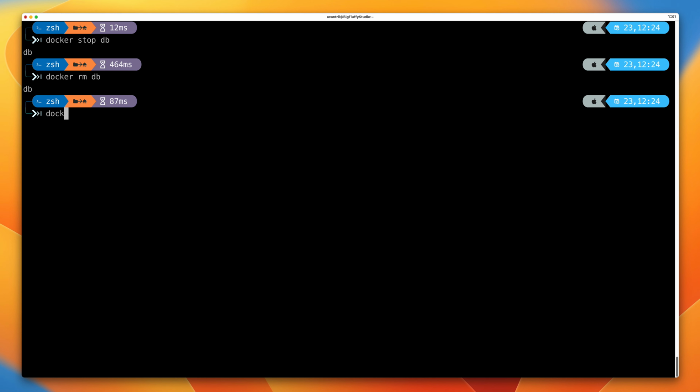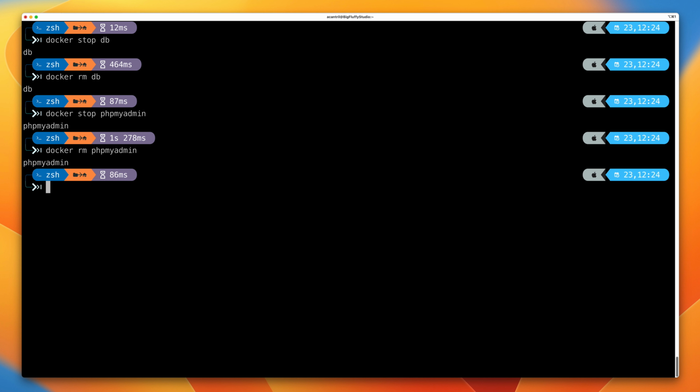To do that, we're going to use a docker stop db, and this will stop the database container, and then a docker rm db to delete the database container, and we can also go ahead and run a docker stop phpmyadmin, and that will stop the phpMyAdmin container. And then likewise, we need to go ahead and remove that container. So docker rm and then phpmyadmin, and press enter. And that means your Docker host is in the same state as it was at the start of this demo